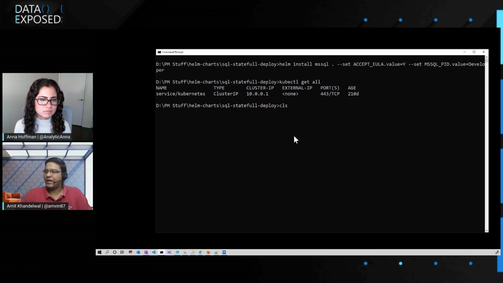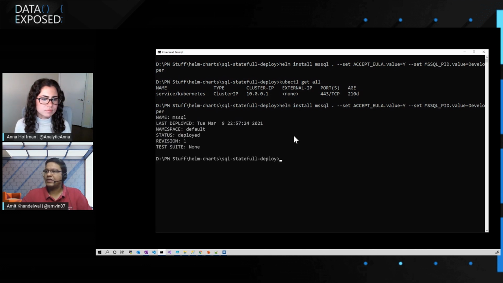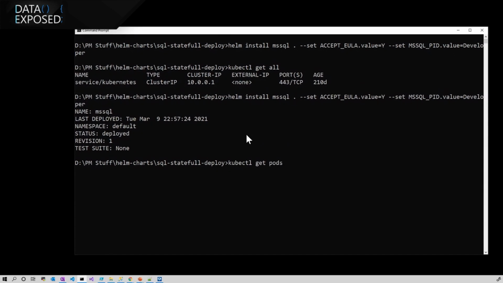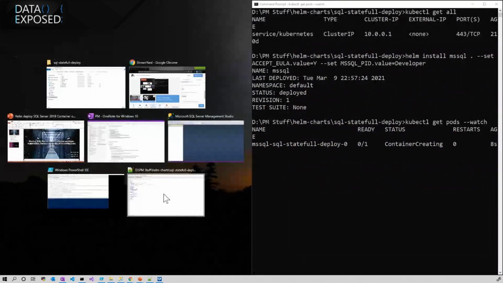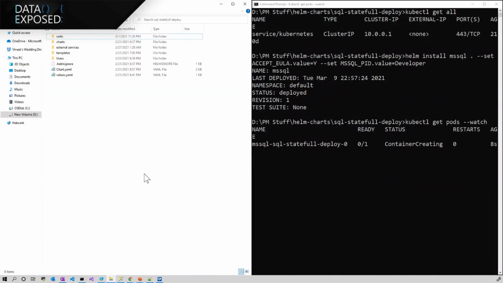And now I can just go ahead and run the command helm install and the rest of the command. Let me just type that. And if I just click enter, you should see the deployment coming up. So if I just show you get pods, and we'll watch just to see the container creation. I'll put this window on the side here, and let me open the chart that we are using. Again, the details about this chart will be made available, but I really want to quickly focus on what we are doing here.